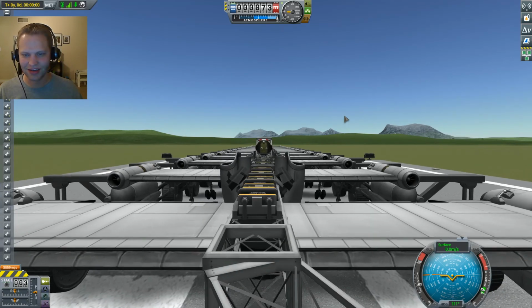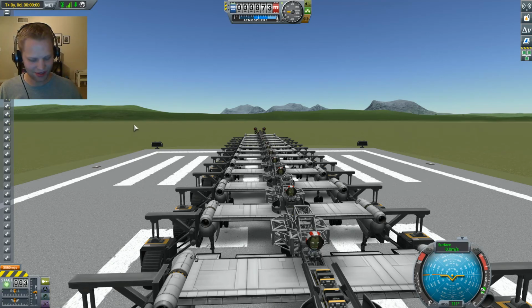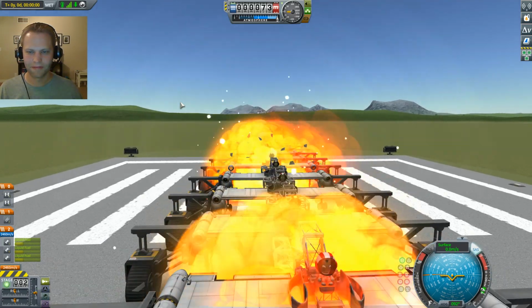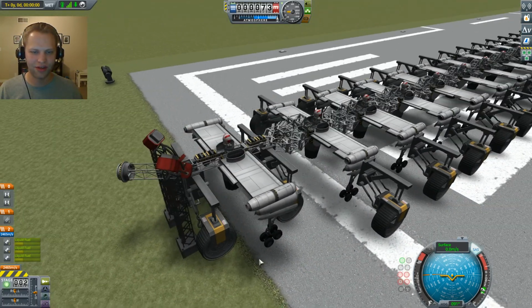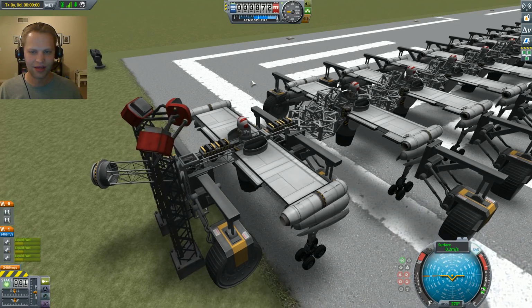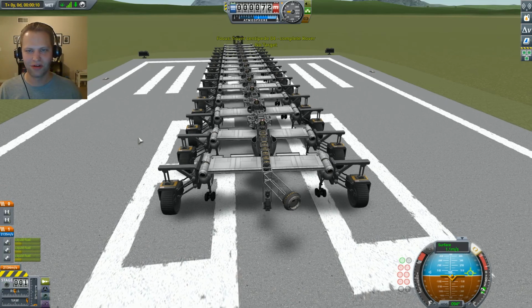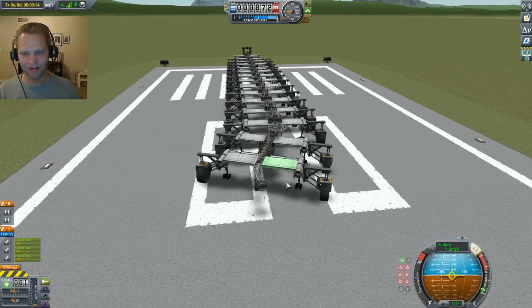So you can see the front or the lead, and the first thing you do is start the engines. So I've just enabled stability control, spacebar starts the engines, and spacebar again decouples all the stages, and then we decouple this guy, and now we're basically where, well, the next thing to do would be drive these guys around, hit 5 to